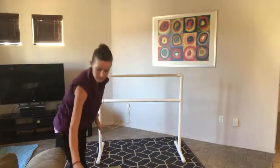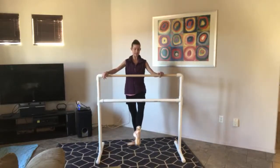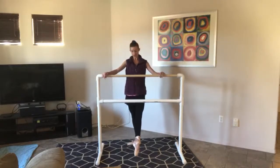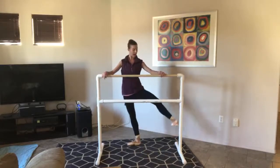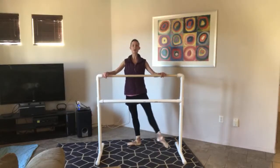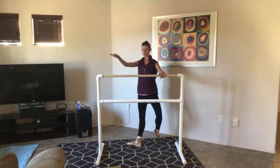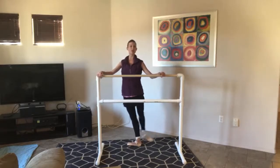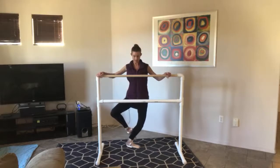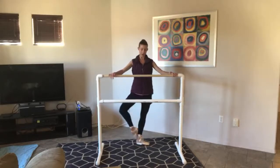So 5th position, wrap, extend, lower, shape the foot, straighten, 5th, one more tendu, to the side, wrap, out, lower, shape, one more tendu, to the back, coupe back, shape the foot, and stretch, 5th, one more tendu, shape that foot, and tendu, 5th, and fondu, piqué pas de bourrée, sous-sous, to the left, wrap, hold that shape,